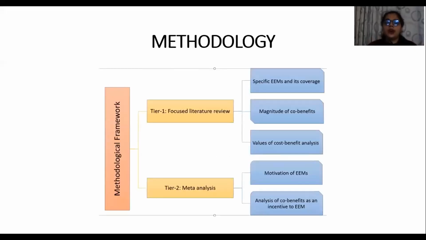To answer our objectives, we adopted a two-tiered methodological approach. In the first tier, we conducted a focused literature review to find out the specific EMs that were implemented in the two regions, their corresponding co-benefits, and how large they were. And we also wanted to see whether any studies